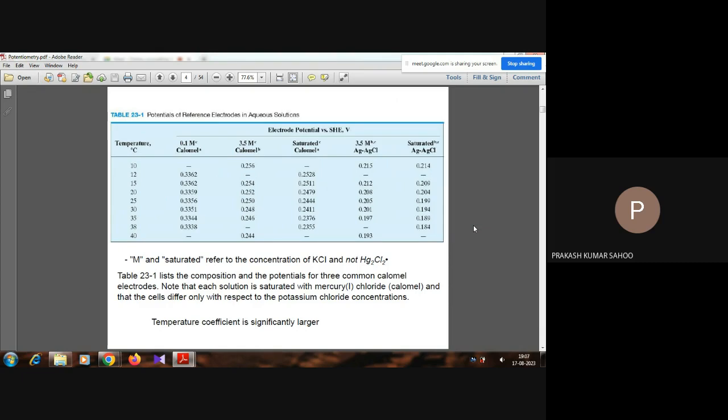So these are the temperature: 0.1 molar KCl, calomel 0.3 molar KCl. These are the change in concentration, and these are the temperature with the change in potential. Here M and saturated refer to the concentration of KCl and not mercurous chloride. So this is M and C. M stands for your KCl concentration,